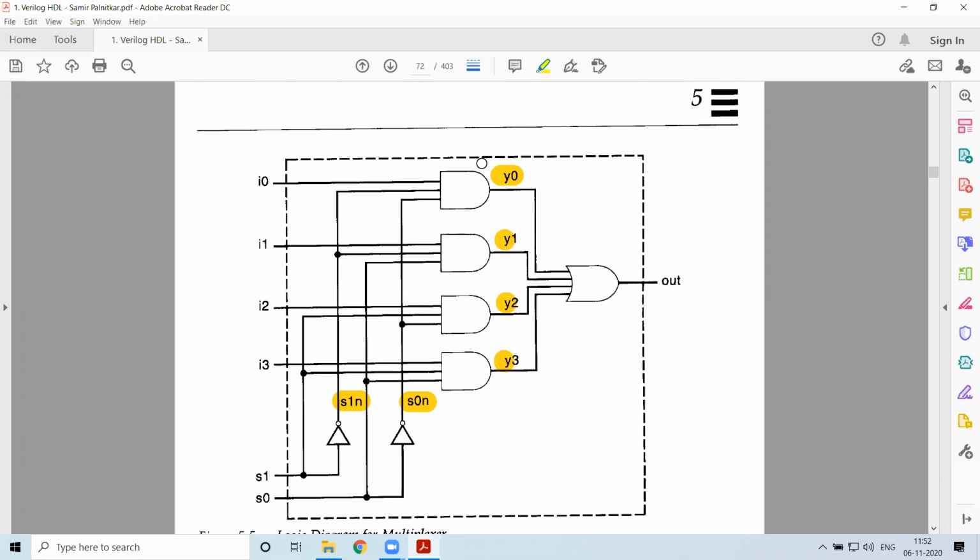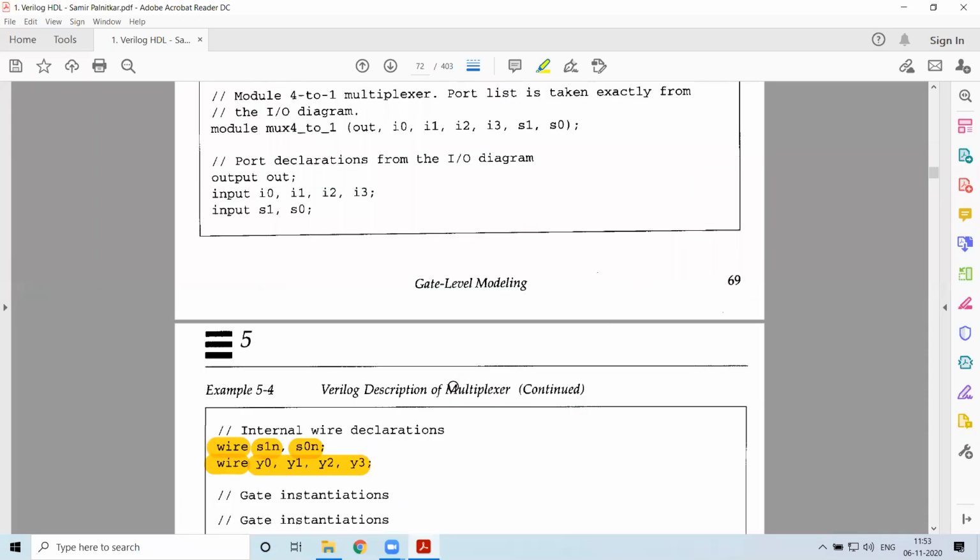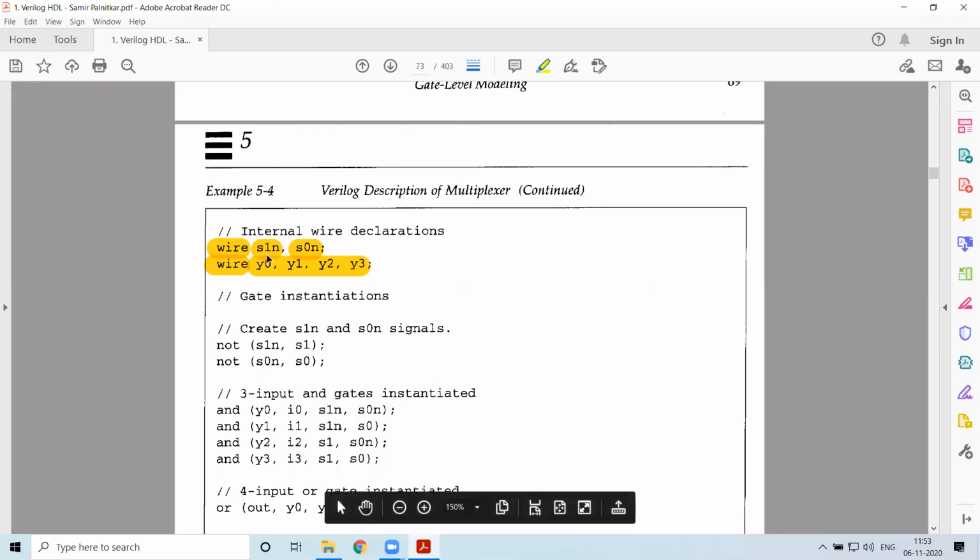So Y0 will be getting the output of this AND gate. Y3 will be getting the output of this AND gate. S0N will be holding the value of this inverter. So those signals will be referred to using these data types. So here we have defined those things. Now what we should do is go ahead with the connections.